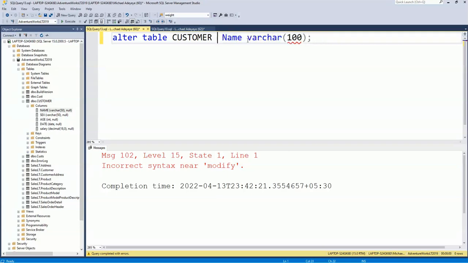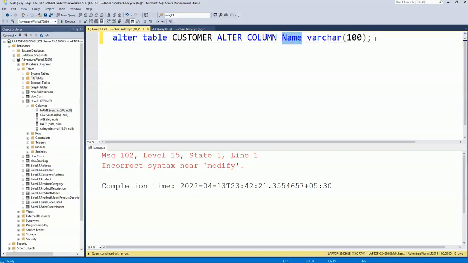You can use alter column. So instead of modify, we use alter column in SQL Server. So in this case you say alter column, the name of the column is name, and then